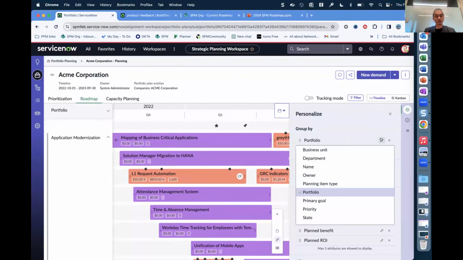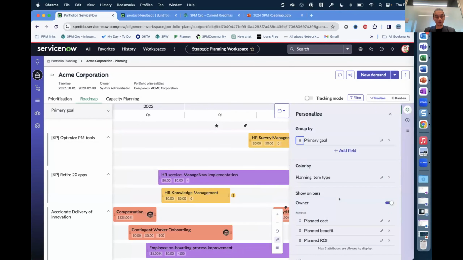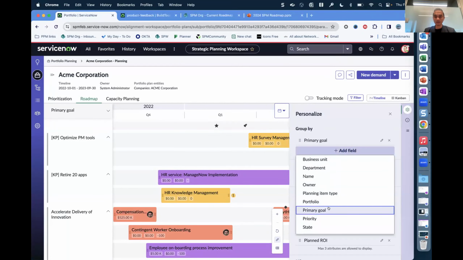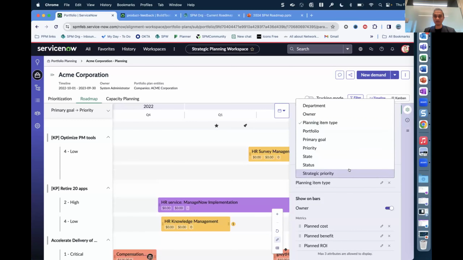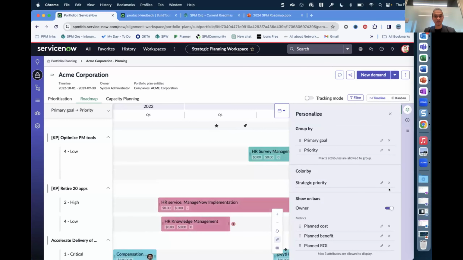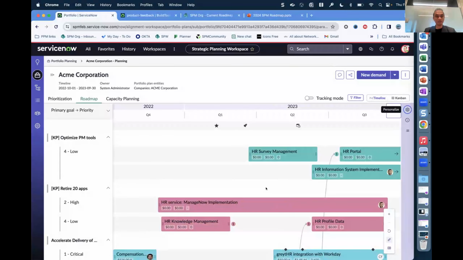You can group by your stuff. Let's say I want to group by my primary goal because I'm interested in what goals I'm working towards. And I'll also group by priority. And I want to color by my planning item. I want to color by, let's say, strategic priority. So here, as you can see, this roadmap helps you to see what goals you're working towards and